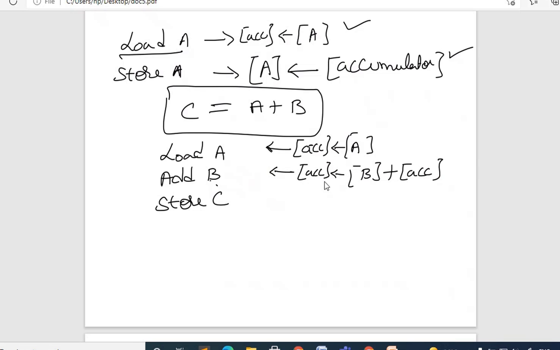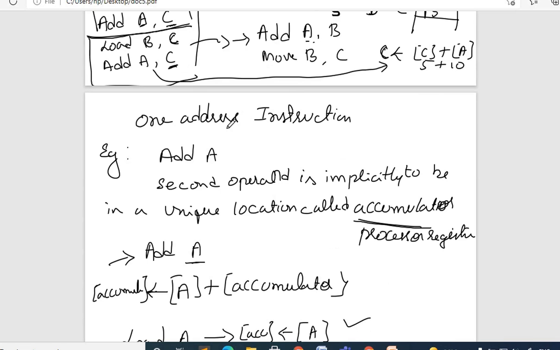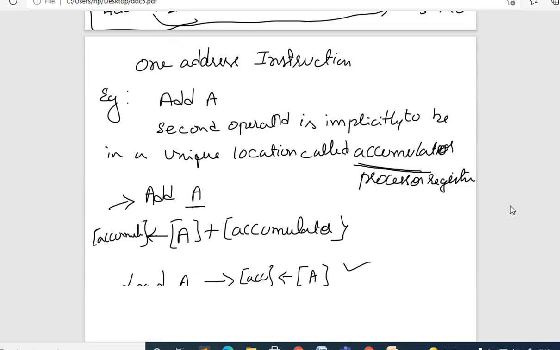Now the final result A + B is present in the accumulator. If I want to write this result into memory, I use store C, which stores the final result present in the accumulator. So it's very simple. Just remember, here the second operand is specified in the accumulator.